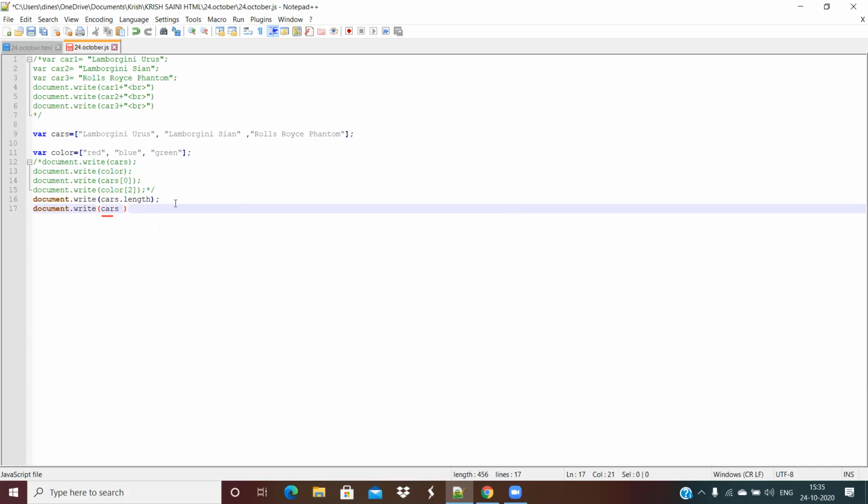Now just look at this particular line. We have document.write, cars, and in the bracket we have written 0. Correct.